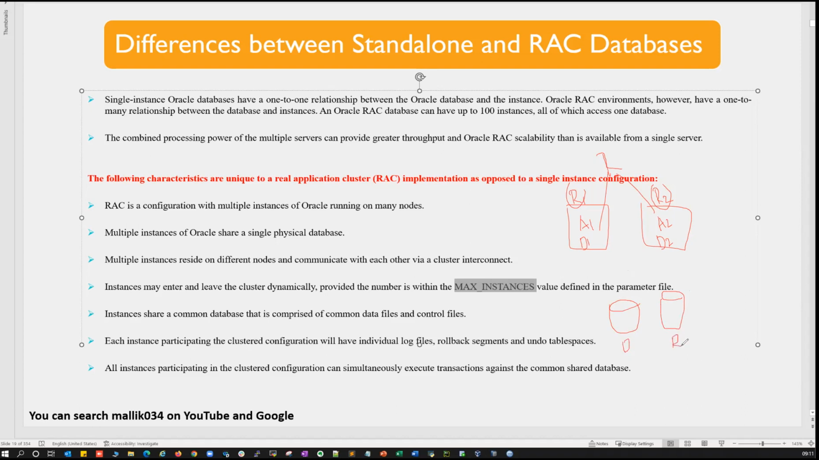I can say my redo disk group, and then I can say my archive disk group. You can create multiple disk groups. So here all my data files will be there. Both my instances will be accessing my data files, and whatever the redo logs, whenever the log switch happens on